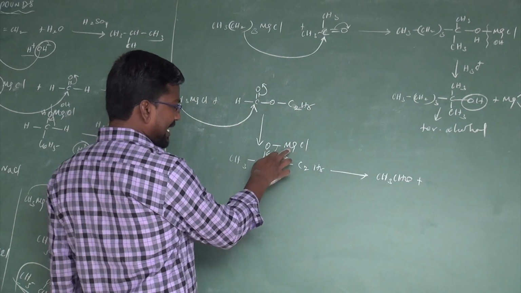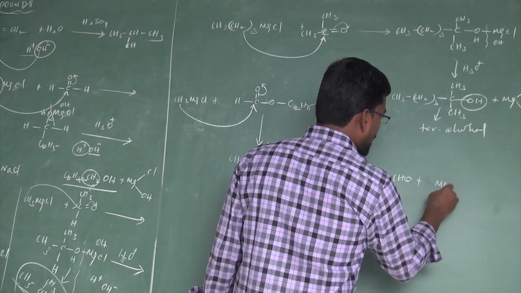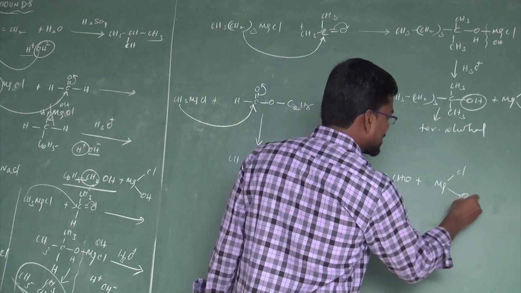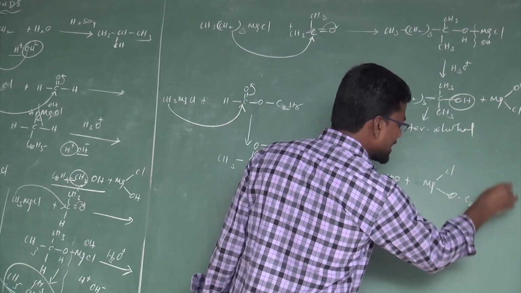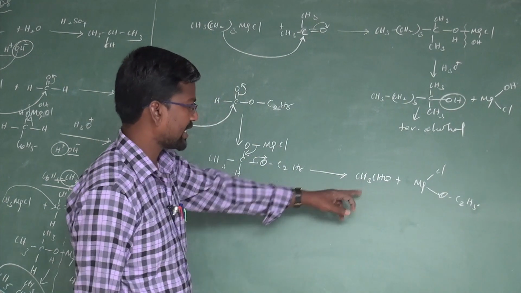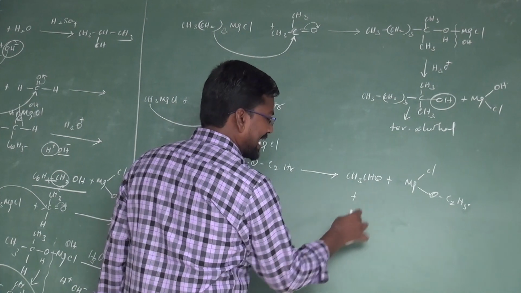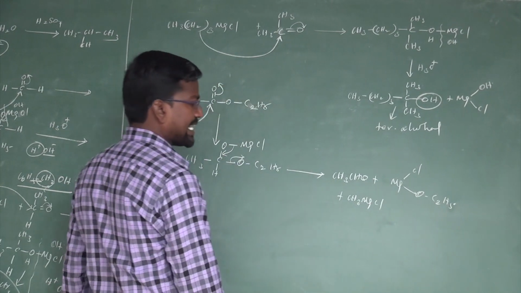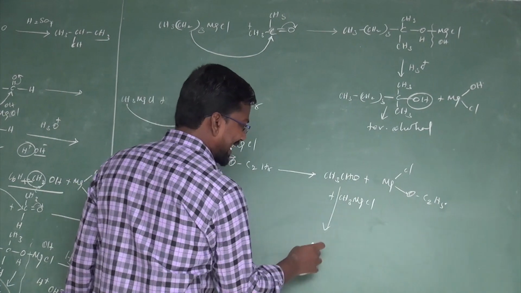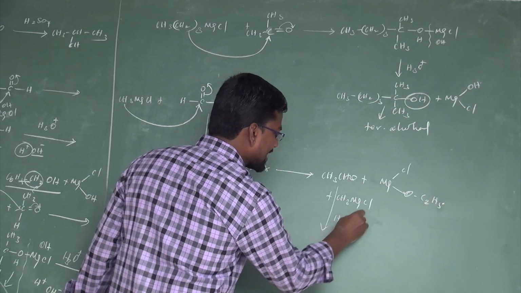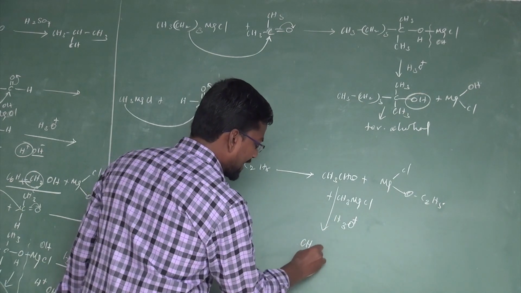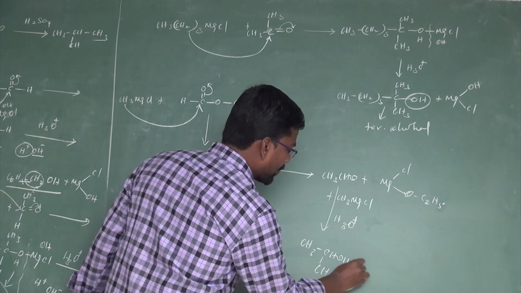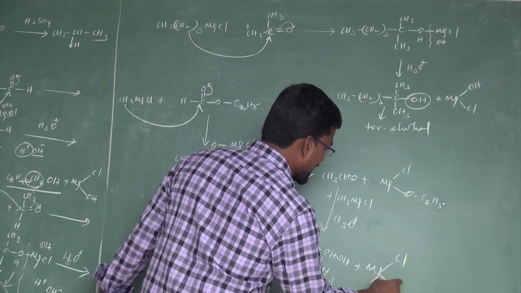Next, magnesium has valency 2 plus. A 1 plus valency is satisfied by Cl, and another 1 plus valency is satisfied by the OC2H5 that is formed along with acetaldehyde. The acetaldehyde compound further reacts with another 1 mole of Grignard reagent, CH3 MgCl, to give an adduct. This adduct, followed by acid hydrolysis, forms a secondary alcohol, CH(OH) bonded to CH3, plus magnesium chloride hydroxide.